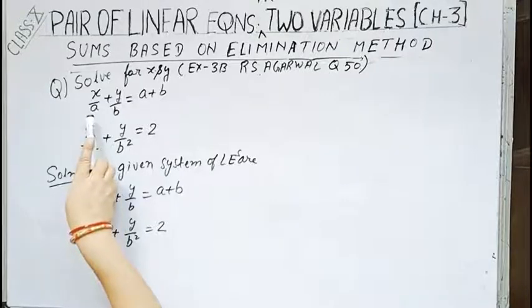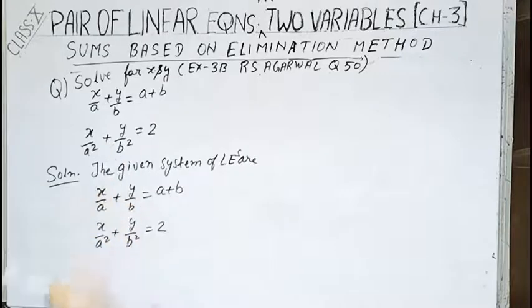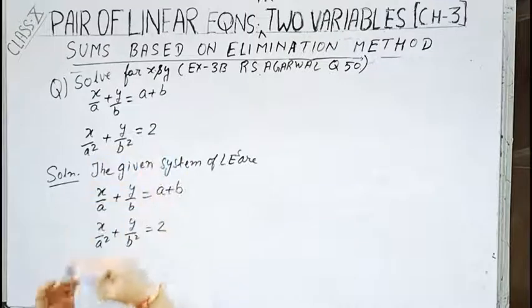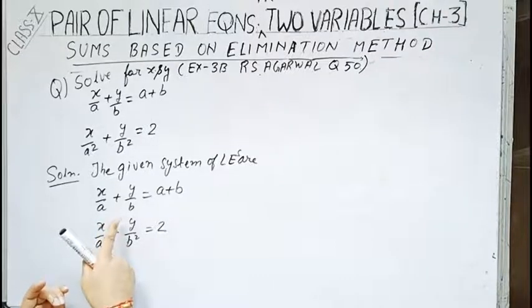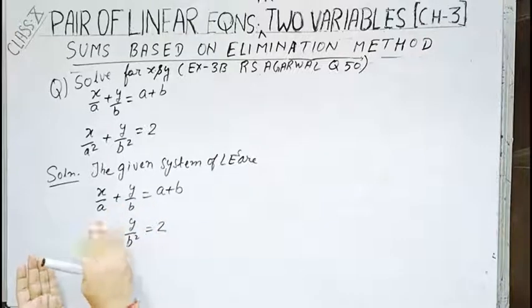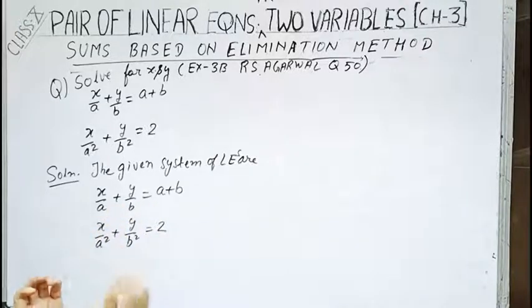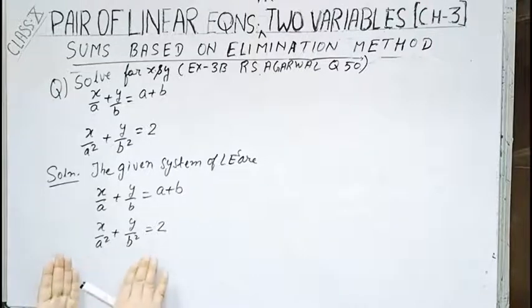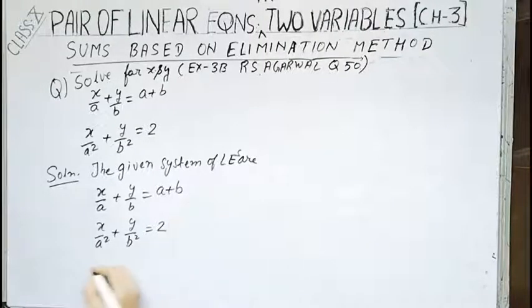Now children, over here the denominators are a and b, and over here the denominators are a square and b square. You can solve this question by simply multiplying this with 1 by a square and this with 1 by a. Then the coefficients of x will be the same and hence you can proceed. But what you do is, you take the LCM of these two and multiply both sides to make the denominator free of any variable or constant. Similarly, take the LCM of these two and multiply both sides so that the denominator does not contain anything except 1. So let us start.